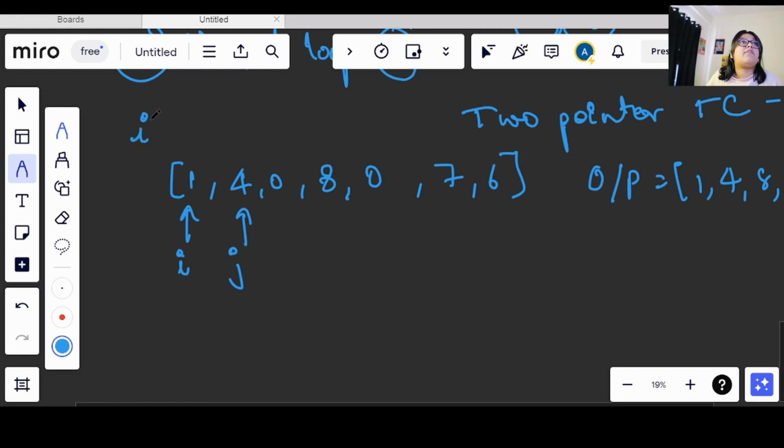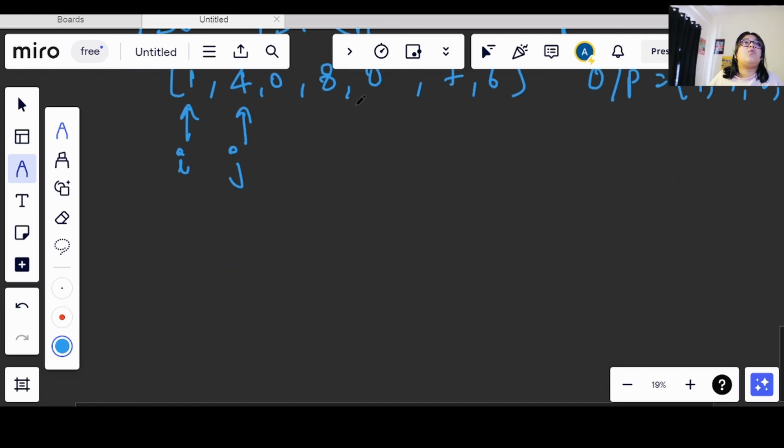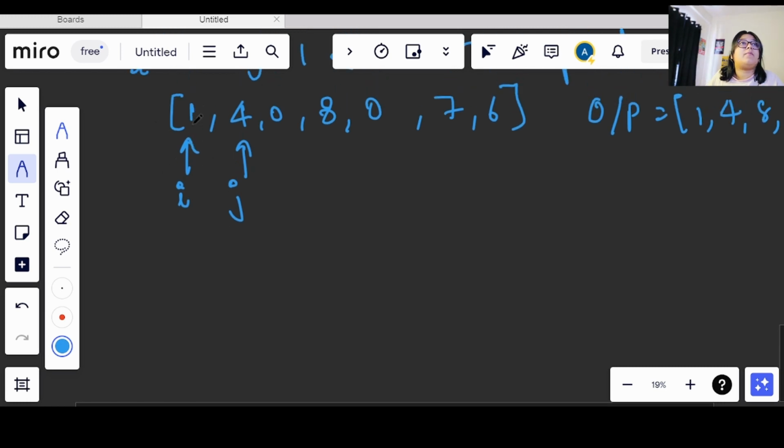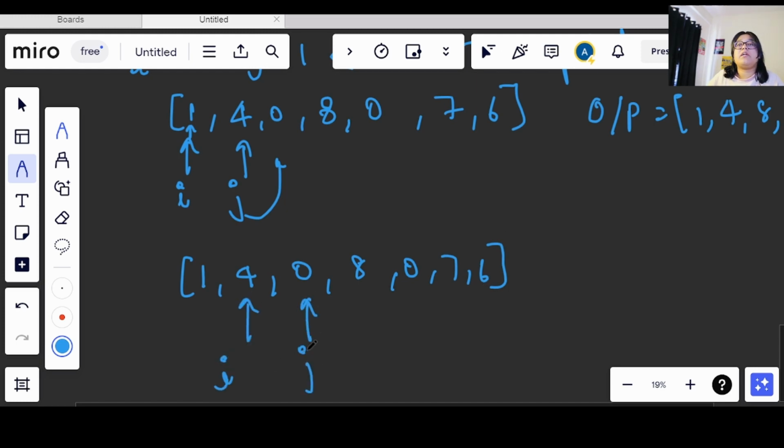Now we will see that we are on this 0th index and this is equals to 1, so we will simply move forward and j will also move forward. So what happens now, we have 1 4 0 8, till now the array is same, and only our pointers are moving forward. So I am having I here and j here.